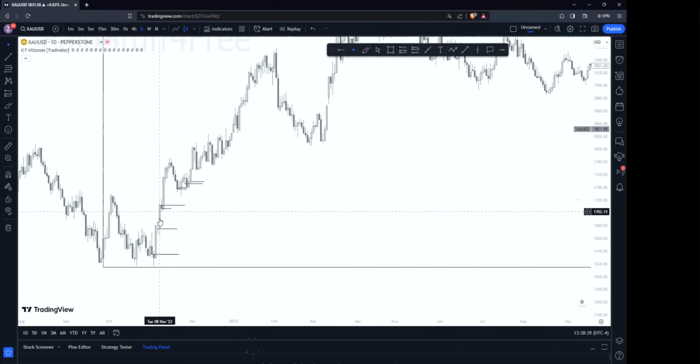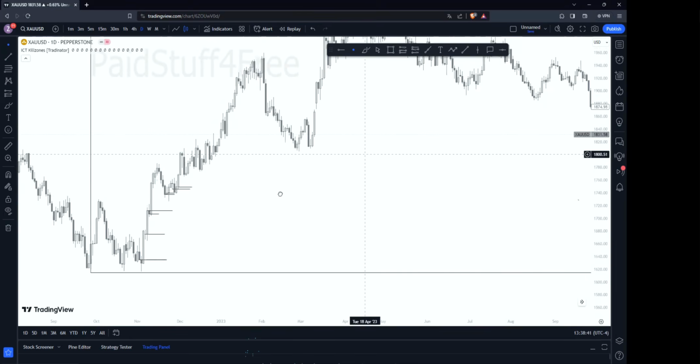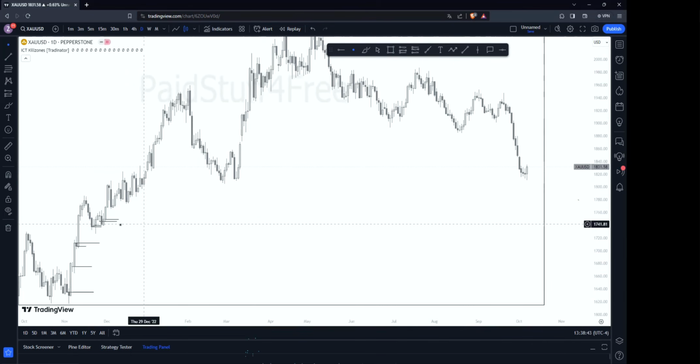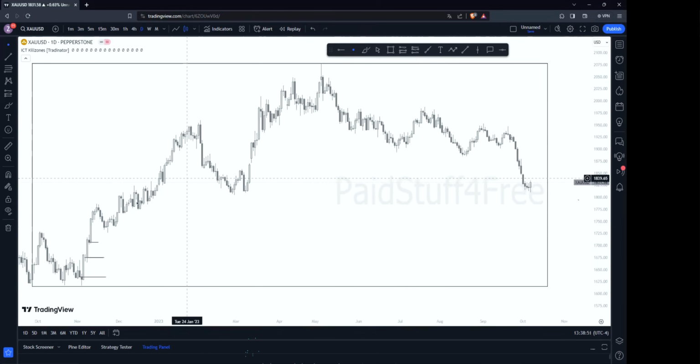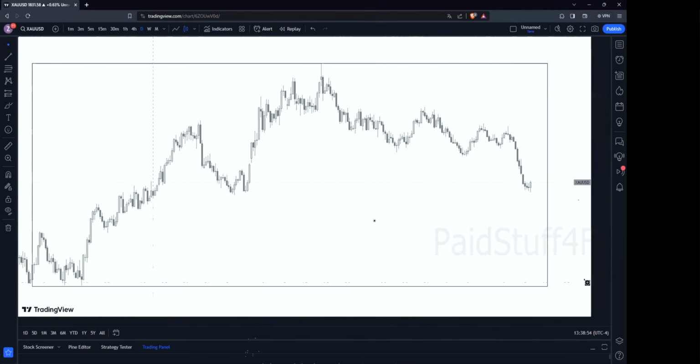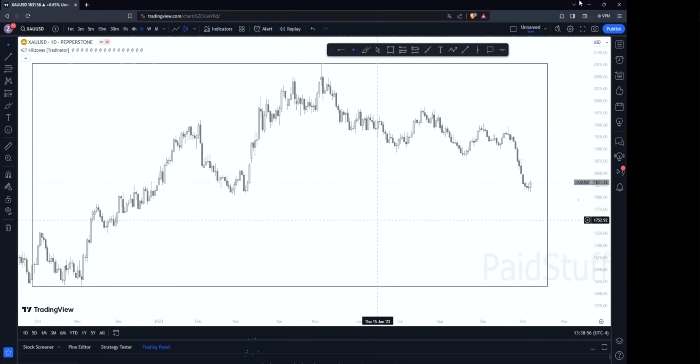So here, this exercise is for you to identify levels. Mark all the fresh levels. So take your time doing this, and then send me a screenshot. I will check every single level that you drew, and tell you which ones you missed or not. And by that, I will let you know if you're ready for the second exercise or not.